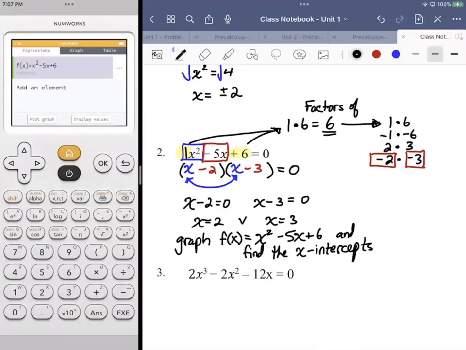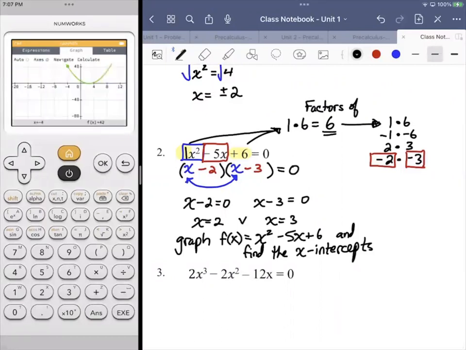And since the numbers are clean, you could actually go into the table of values. But you could also look at the graph. You look at the graph here, it's like, that doesn't look very nice, right? But what I can do is toggle my view, select auto. Now, if you're using it to just verify that you did it algebraically and you want to verify that you did it correctly, this might be enough for you. Because you look at it and say, well, it looks like it's in the neighborhood of 2 and 3, so we're good, right? But you could also go into axes